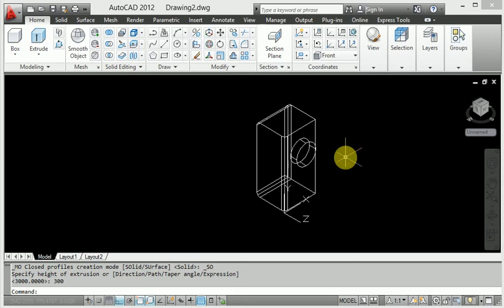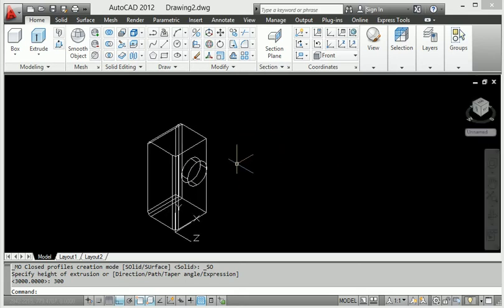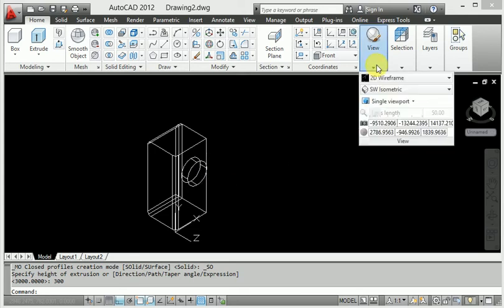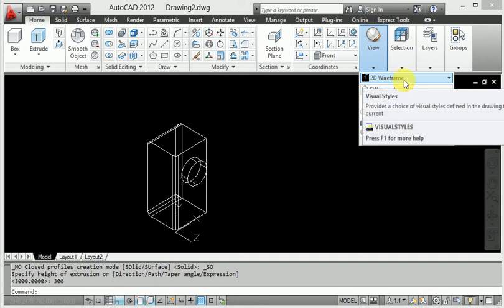When I go to provide 3D design in AutoCAD, we move from wireframe to visual style.